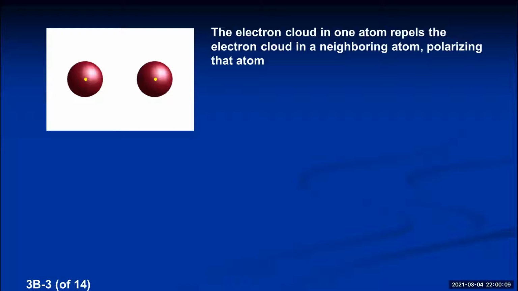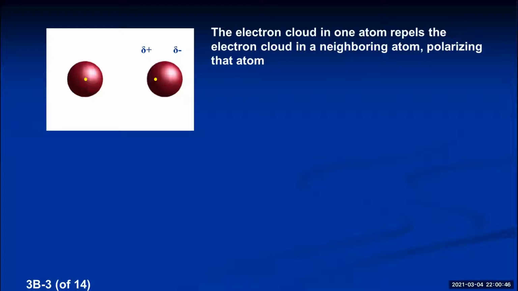As these clouds repel each other, one of the clouds is going to be repelled away, and it's going to go like this. And all of a sudden, the atom on the right is no longer perfectly symmetrical in terms of its charge. The one on the left is perfectly symmetrical, positive in the middle, equal negative all around it. But as soon as the electron cloud on my right atom got repelled and shifted over, we now have a negative end to the atom where the electrons are mostly located, and a positive side where the nucleus is. You have polarized this atom. It now has a positive end and negative end.